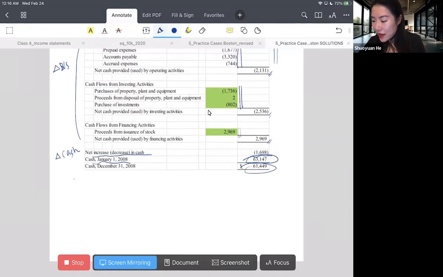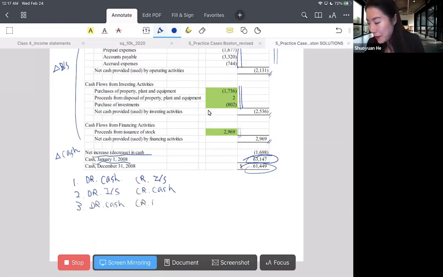The first kind is that you debit cash, credit an income statement account, or you debit an income statement account and credit cash, or you debit cash and credit a balance sheet non-cash account, or you debit a balance sheet non-cash account and credit cash,